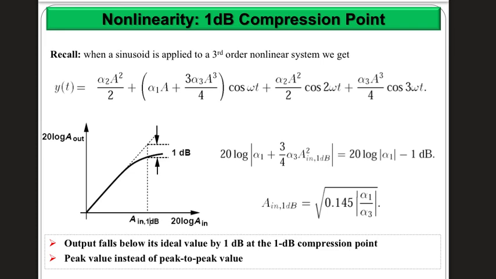Any other questions? So basically, the whole idea here is, if I know the polynomial factors, the first one and the third one, I can easily find out what's the amplifier 1 dB compression point. Yes. Remove the 1 dB, find the maximum input for which we have a linear